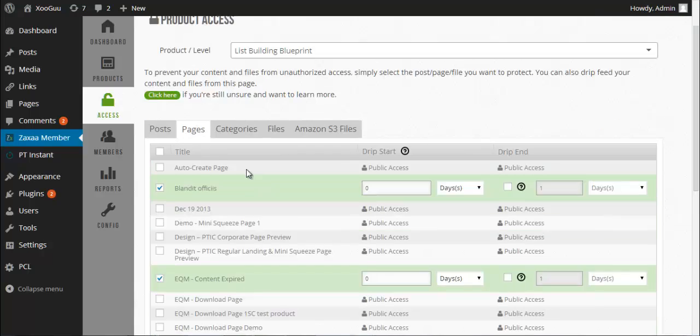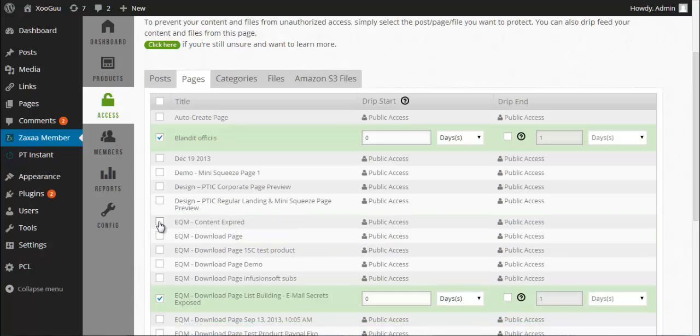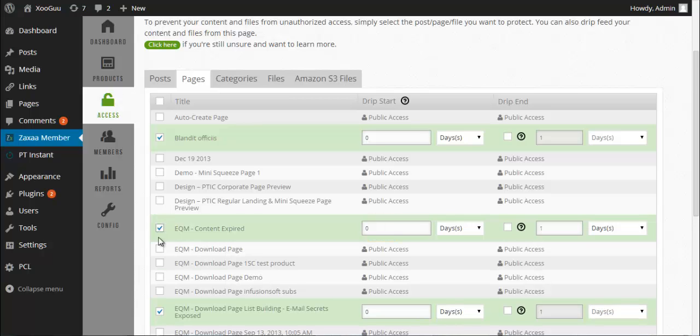And then next I can go to pages and do the same thing. Basically, this one, let's say I want to be available immediately, no expiration date. For this page, again, I can check and uncheck the box. If I uncheck it, it means that it will be publicly available, public access, as you can see over here. If I want to protect, I just need to check the box,